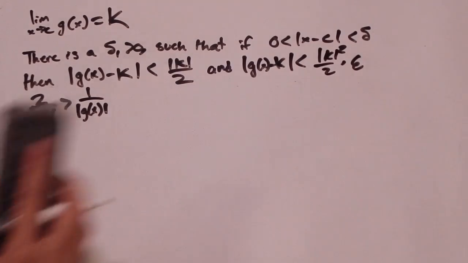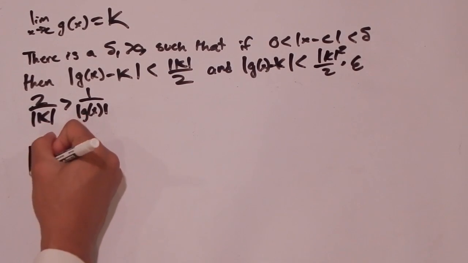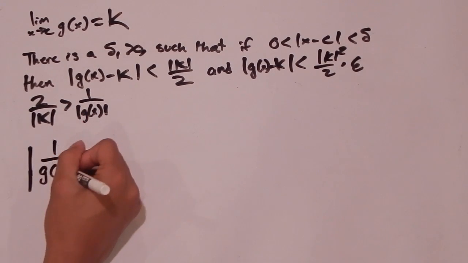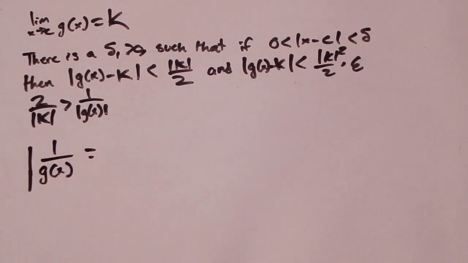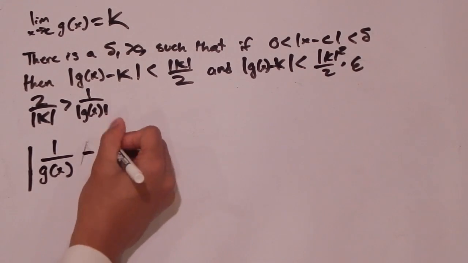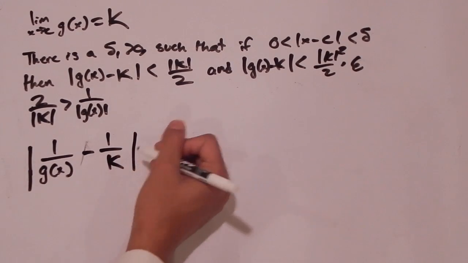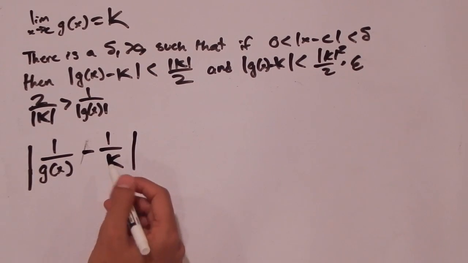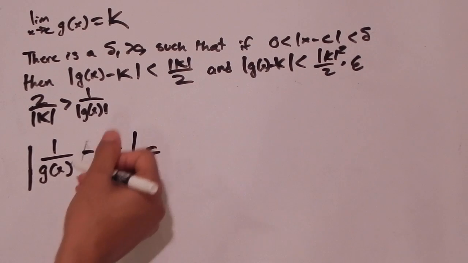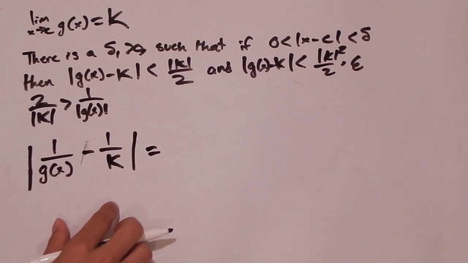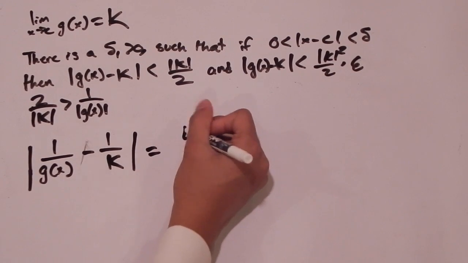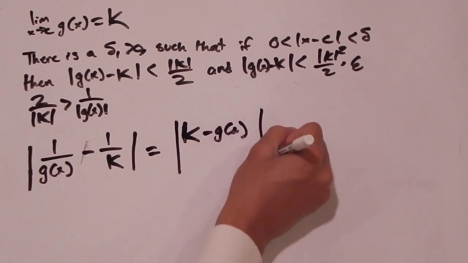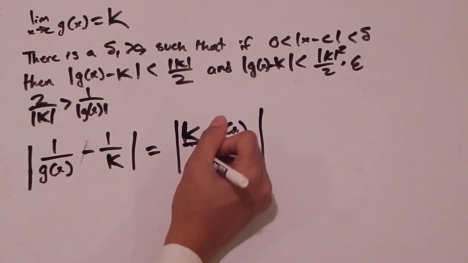And we're going to go ahead and do a little bit more algebra. We're going to start off, and this is almost on an unrelated note, but you can kind of see where this is going to go a little bit. 1 over g of x minus 1 over k, sorry, is something we're expecting, because we're trying to prove that the limit as x goes to c of 1 over g of x is equal to 1 over k. And giving these two fractions a common denominator, we can simplify this to the absolute value of k minus g of x over